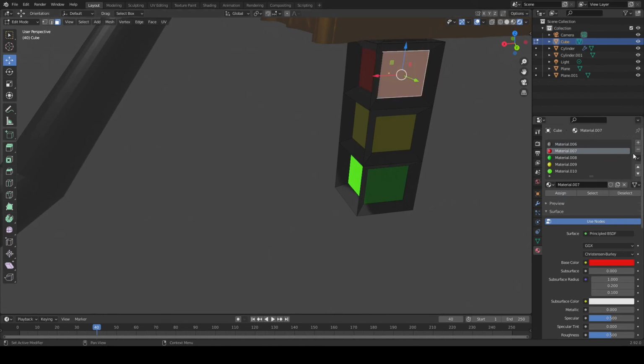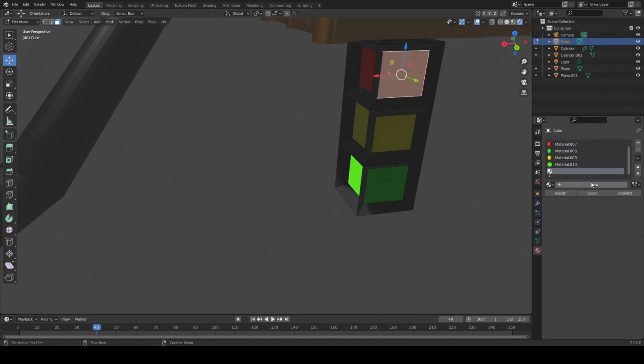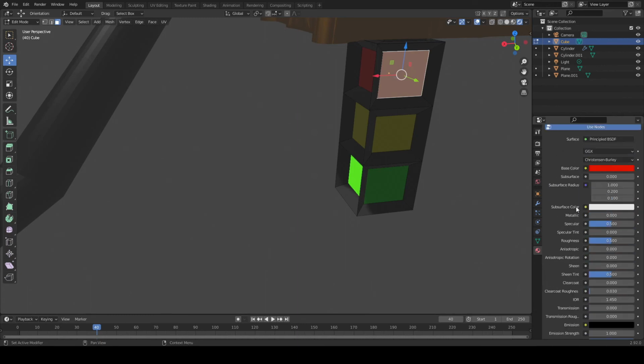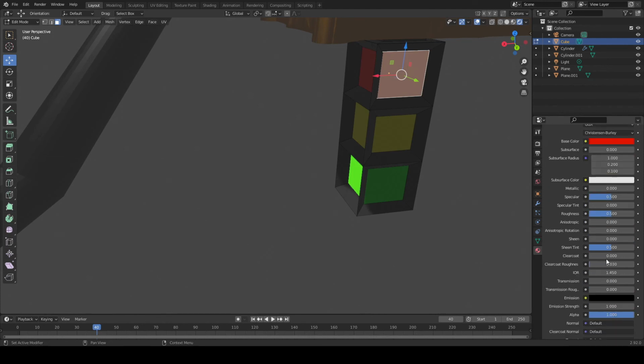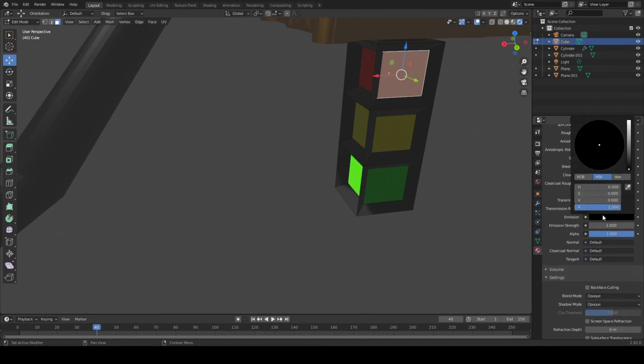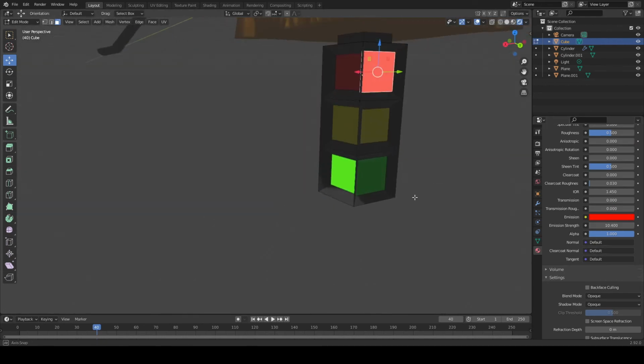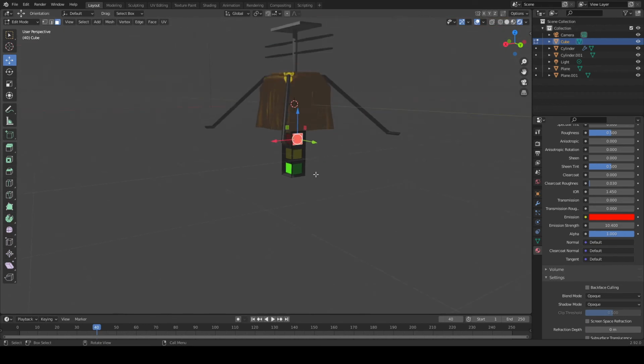And then we got to make a new red for this one. So we're going to go new. And we're going to pick red. And then we're going to go down. I'm going to assign it so it shows up. And we're going to pick emission of red. We're going to bring that up just a little bit. And then